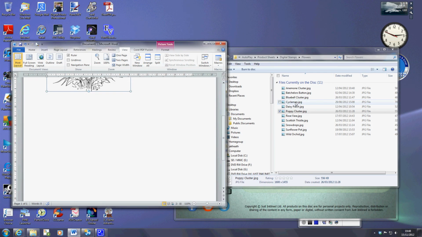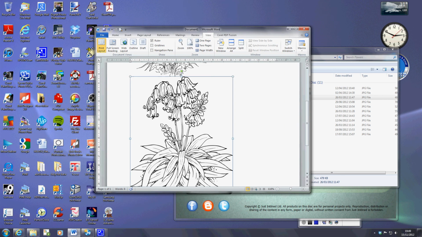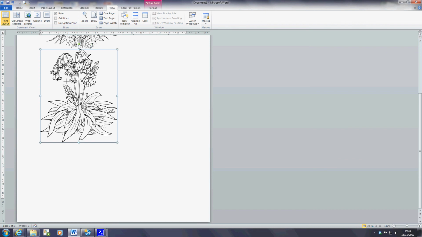make the page small, and I can go over and I can get another image. And for this one I will use, let's have a look, the bluebell cluster. So I'll hold that down again and I'll drag it over onto the page, and I'll do exactly the same. I'll open that up so you can see it. You can see I've got it over that image there. If I get hold of that corner and move it down again,